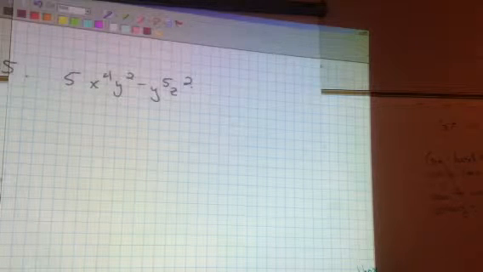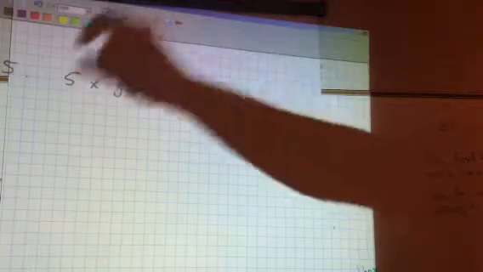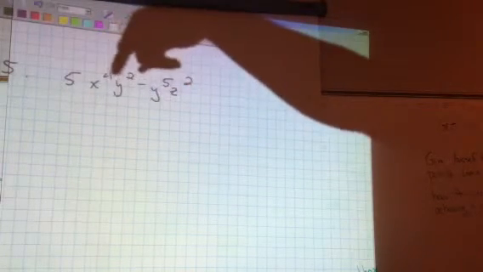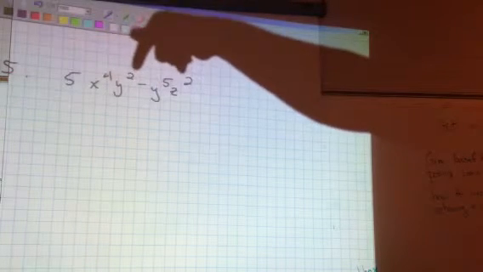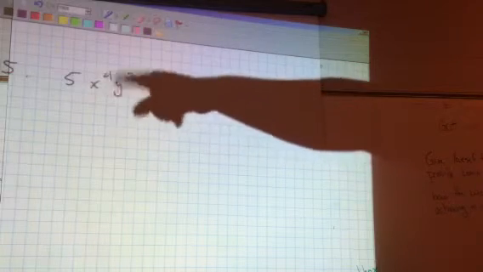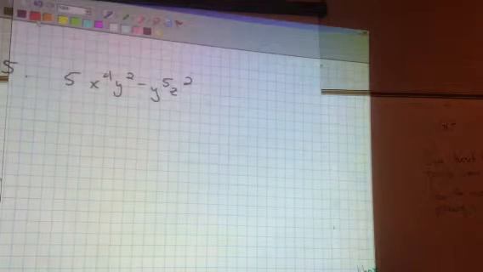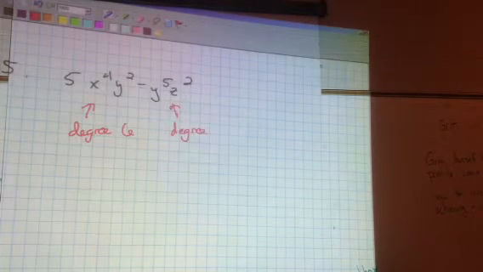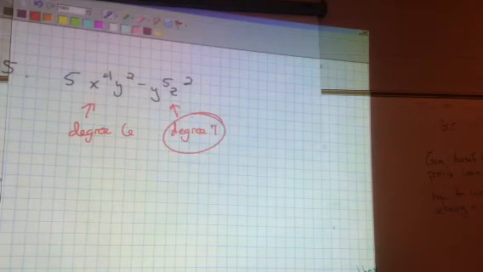So what's the degree of the polynomial? You've got to look at, I have 2 terms here, and whichever one has the exponents that add up to the most. So here I have 4 and 2, a total of 6 exponents here. I have 4 x's being multiplied and 2 y's being multiplied. So this has a degree of 6. This has a degree of 7. So you just take your highest degree. So what is the degree? It's 7. For the polynomial